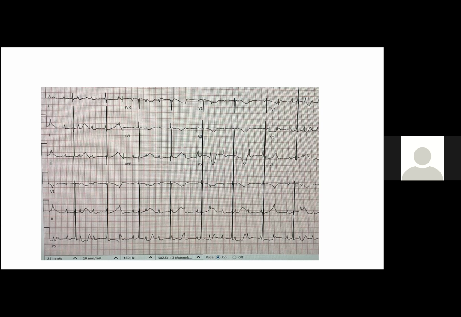There is no relation between the P wave and the QRS, and this is what we call complete heart block. In this case, usually they pass their neonatal period safely,